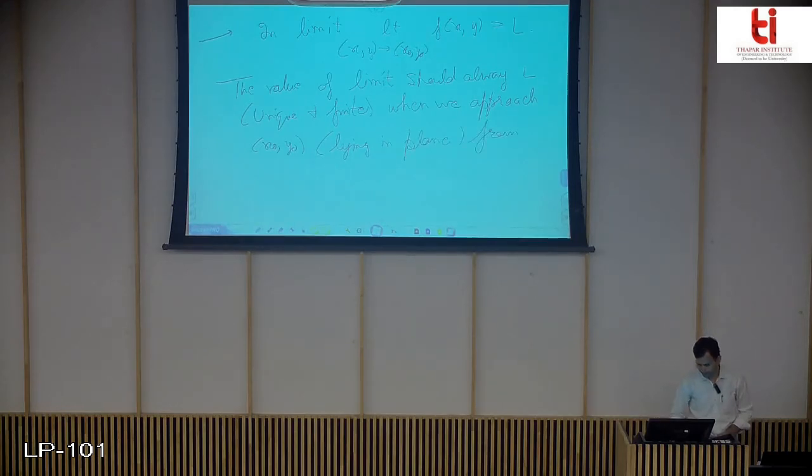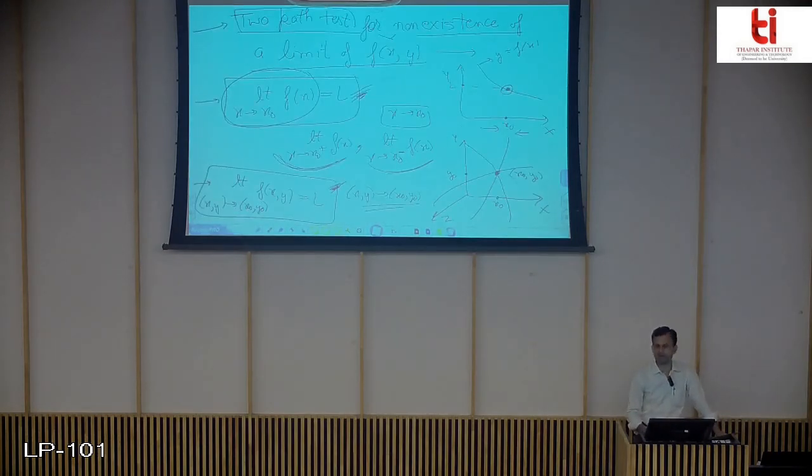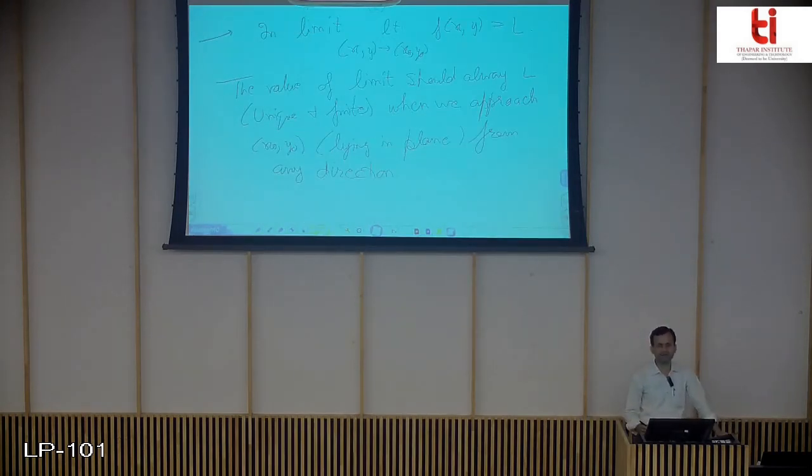from any direction. Whatever direction you choose, direction means any of the curves or lines that I have drawn here. These are a few of the curved lines that pass through that point. So whatever line or curve we approach that point from, the value should always be L, unique and finite. This is the basic thing to keep in mind to use the two-path test, because whenever the limit exists, it will be the same whatever path we use to approach the point x naught, y naught.